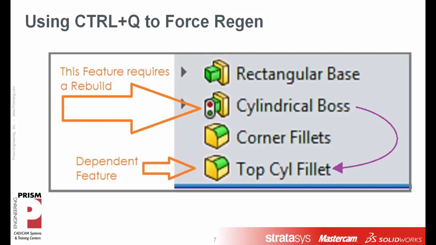What a Control-Q does is it starts at the very top of the tree and it just works its way all the way down. And although the Control-Q is more elaborate and therefore takes a little bit longer, the difference in time is often a matter of microseconds or occasionally a few seconds.